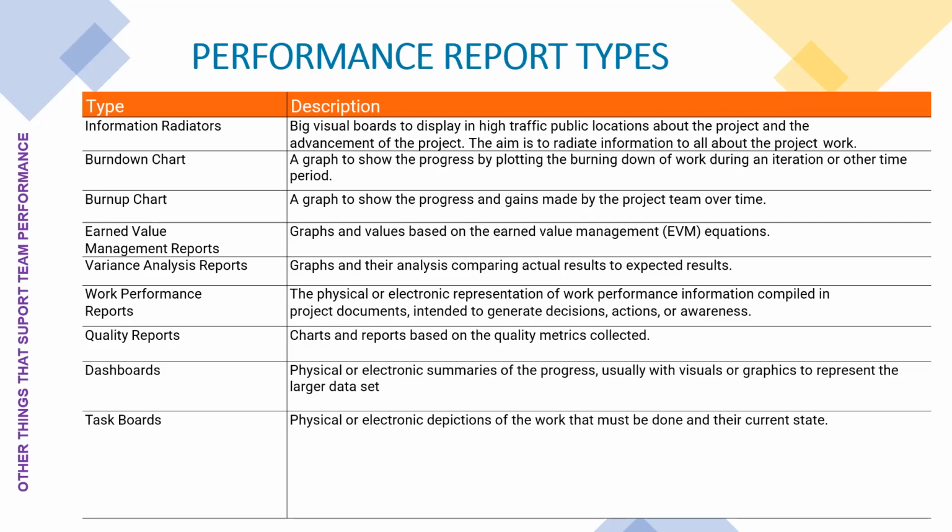There are different types of performance reports. The very first of them is what you call information radiators. What are information radiators? A very simple way to understand this is, every kind of visual board that helps you to put the story of a project in it is a visual radiator. Like a Kanban board, every one of the boards you see here, other charts you see here, are all, in a nutshell, information radiators.